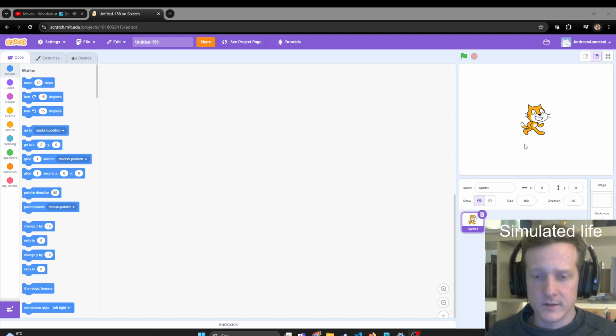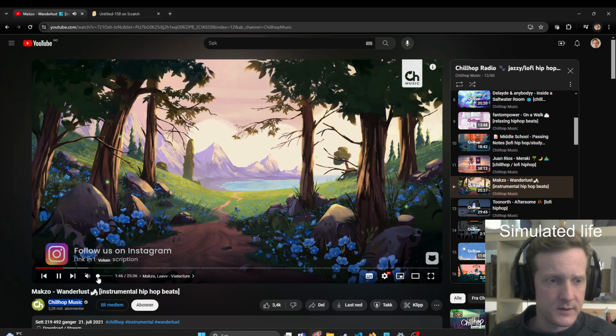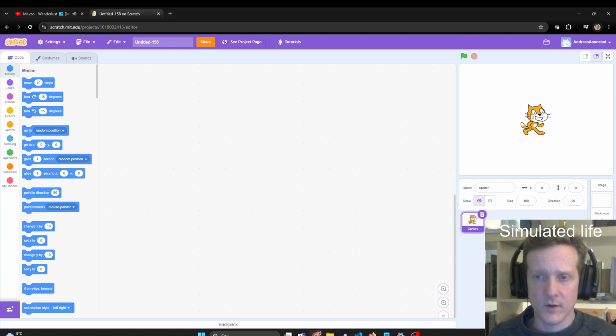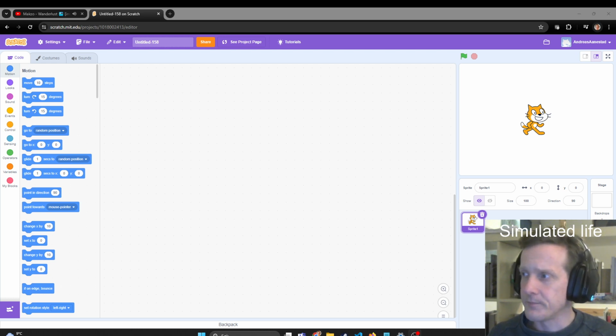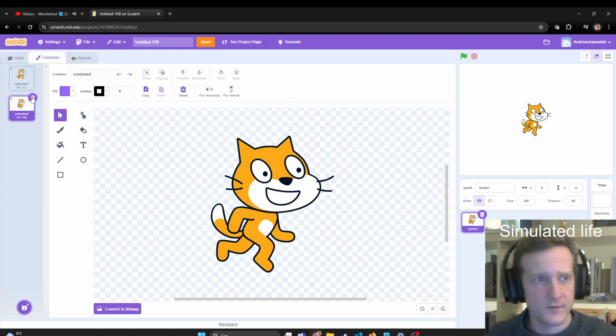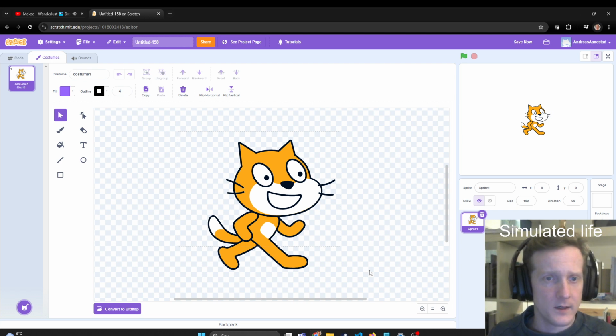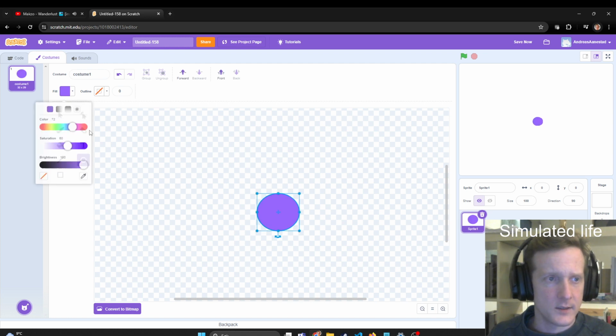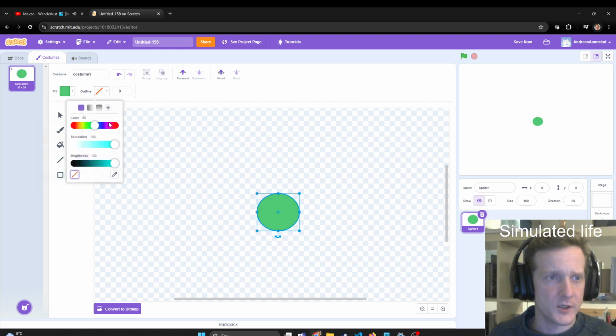Alright guys, so what we're trying to do is use Scratch to make some artificial life. So let's begin by scrapping the Scratch cat for something simpler. Delete the old boy, and let's go with something greenish,